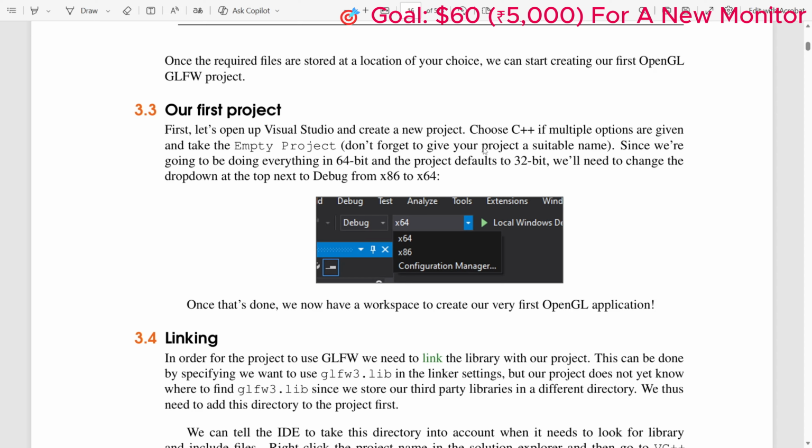Once the required files are stored at the location of our choice, we can start creating our first OpenGL GLFW project. First, let's open Visual Studio and create a new project. Choose C++. If multiple options are given, take the empty project. Don't forget to give your project a suitable name. Since we are going to be doing everything in 64-bit, and the project defaults to 32-bit,